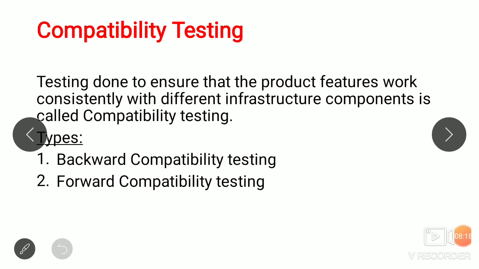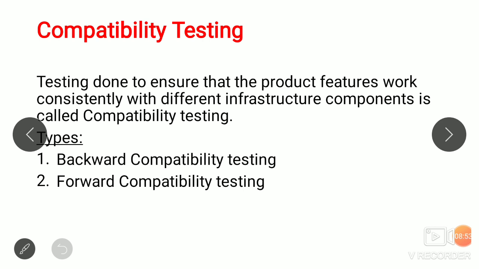Here we are going to divide compatibility into two types. One is backward compatibility testing and another is forward compatibility testing. First we will see what is meant by backward compatibility testing. There are many versions of the same product that are available with the customers. It is important for the customers that the objects, object properties, schema, rules, reports, and so on that are created with an older version of the product continue to work with the current version of the same product.